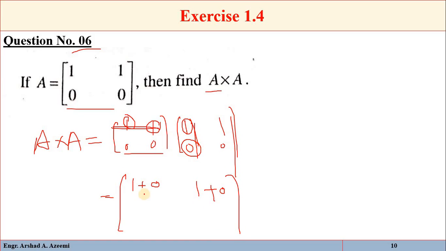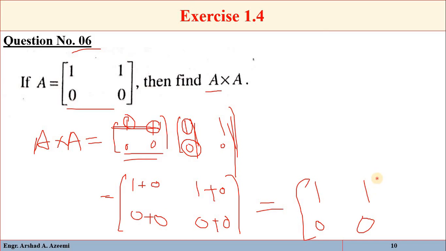Second row with first column, so it will be 0, 0. Second row with second column, again it will be 0, 0. So just simplify it, you will get 1, 1, 0 and 0. Okay,